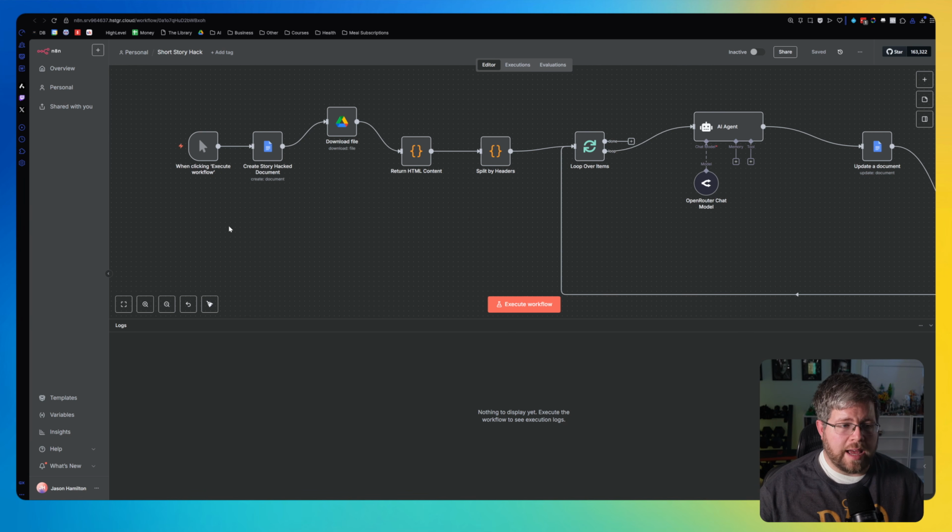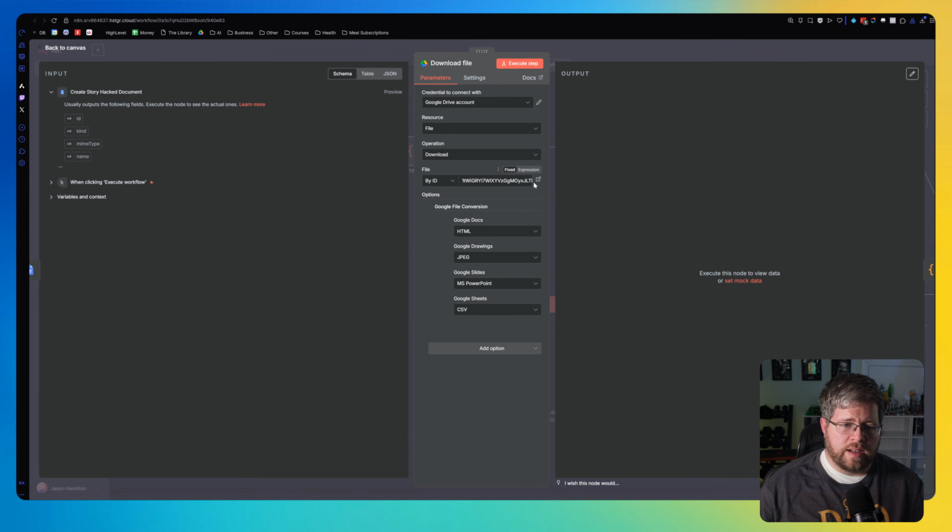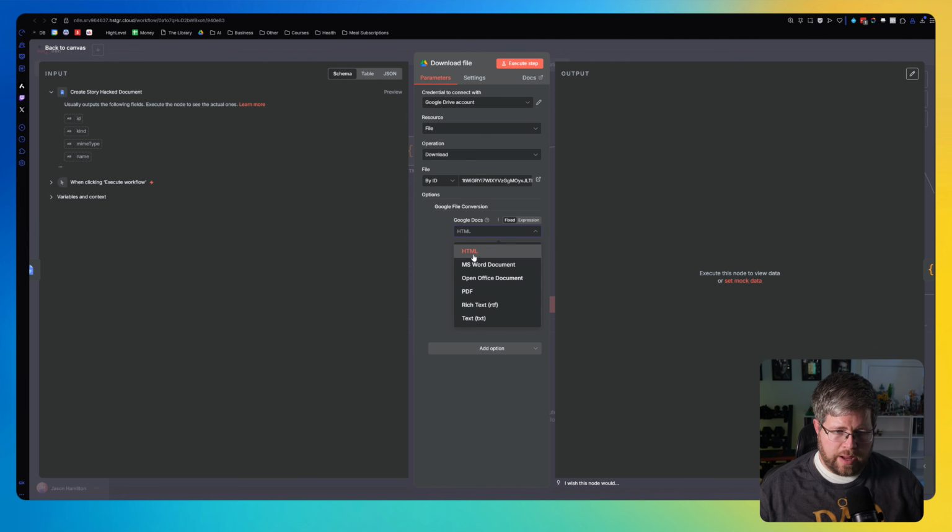So what we're going to look at is, first of all, this has a manual execution trigger. So you just click a button and it starts. And then it creates a document where the story hacked information is going to go. Then it downloads a file here. Now, if we click on this, you can specify the actual file ID of the Google Doc that you're planning on doing. And under Google File Conversion, we want to make sure this is set to HTML right here,